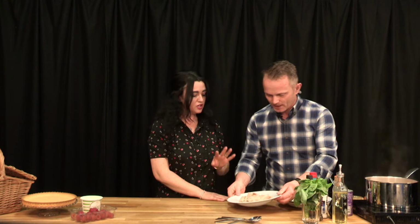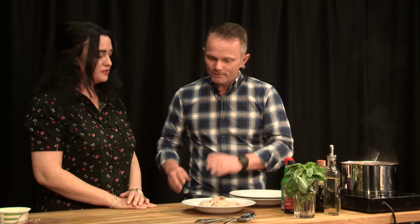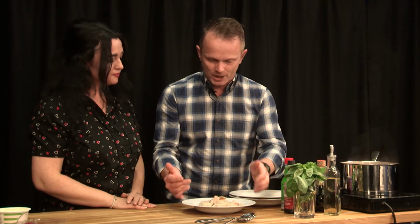So we've got here some delicious king prawns. Uncooked? Uncooked, raw. And what you can see what I've done is I've just split them open a little bit. So you've taken that little vein out. Taken the vein out, but I've also, for speed of cooking, because obviously what we want now is consistency of